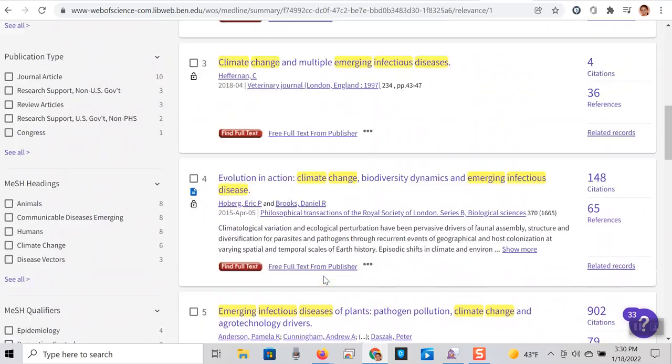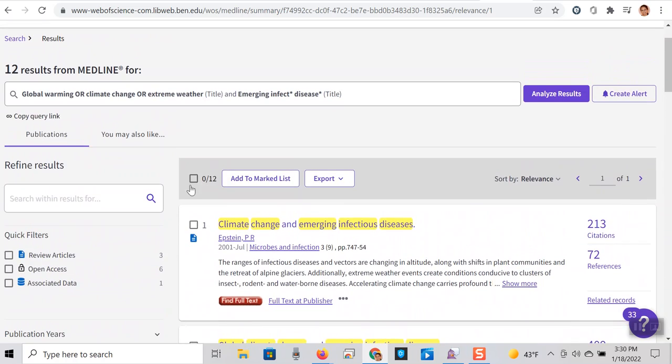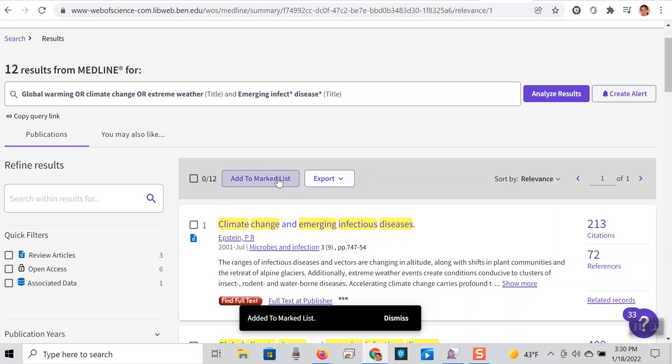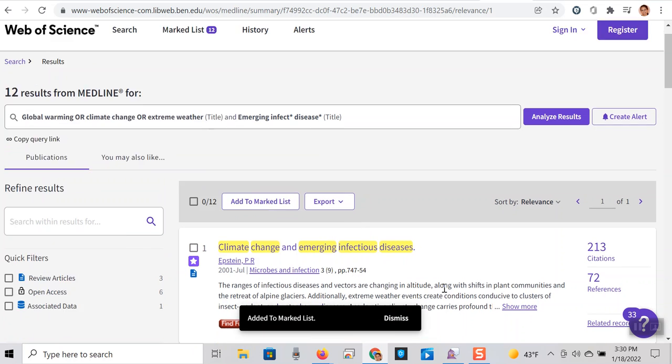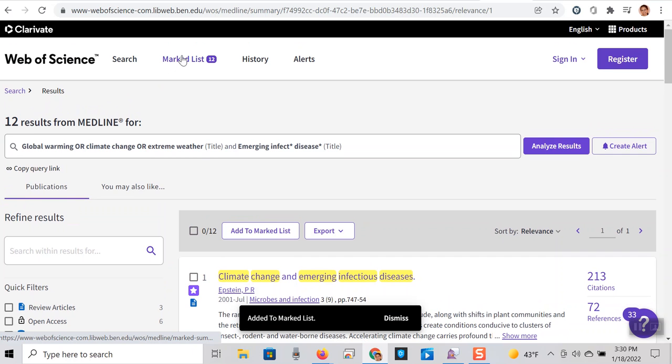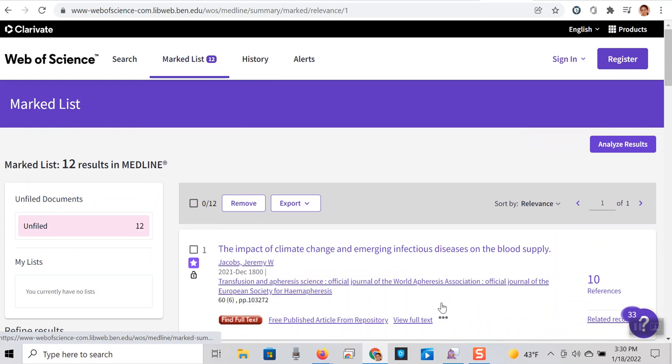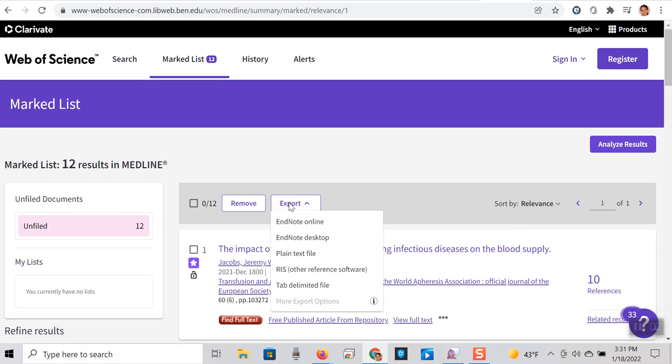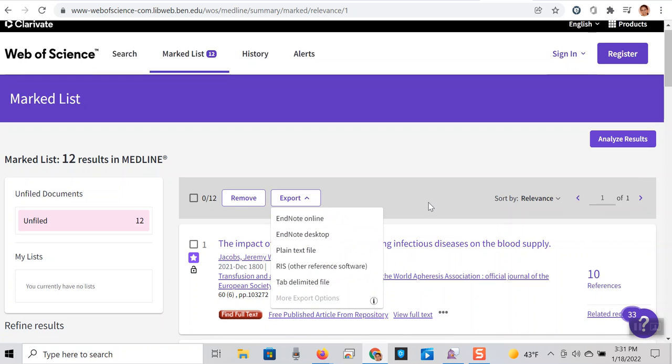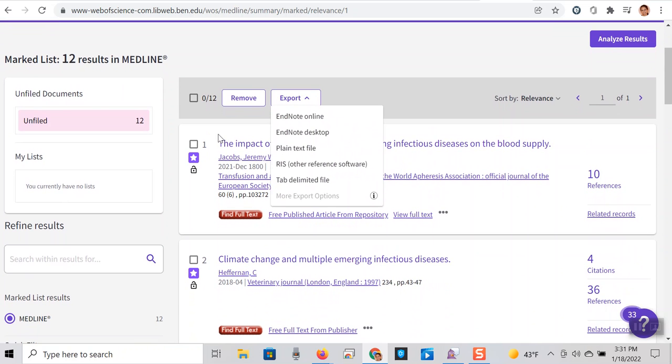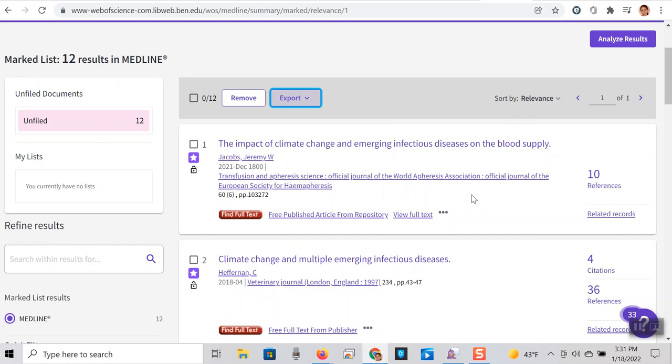And here in this case, you can look at all of these and say, I want all of them. And then add to marked list. Okay. And then you go on the top here and look at the marked list. There are 12. And you can send them to yourself as an email. And you can also, if you copy and paste, put it as a bibliography too. That's the good part of it. Okay. So this is searching in